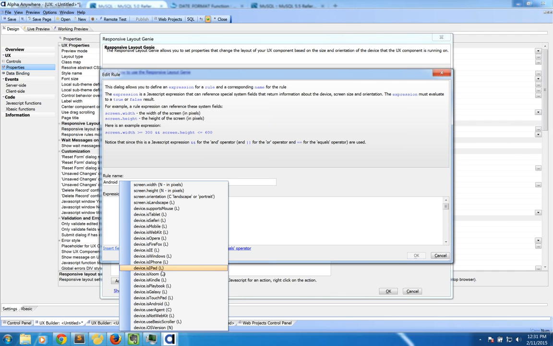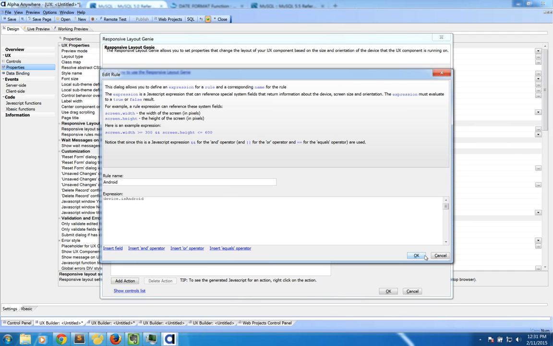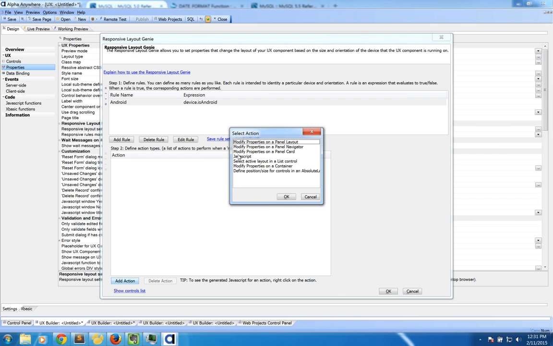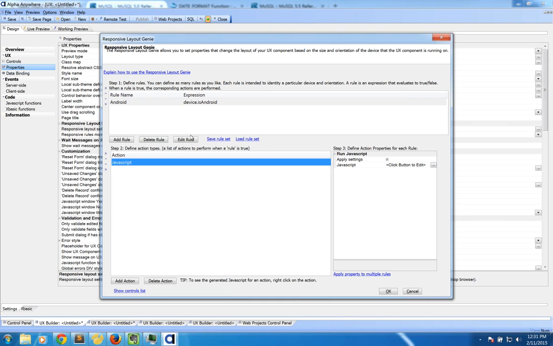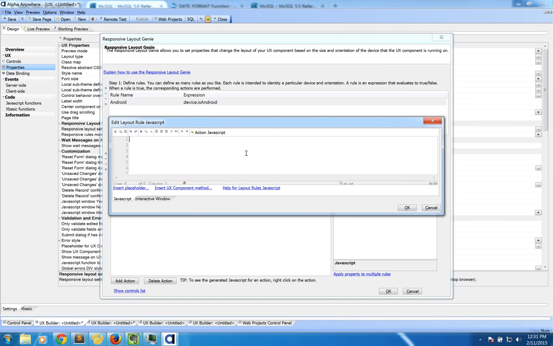So let me go ahead and go here and say the rule name is Android, and I'll insert the field of if device is Android. Okay, now I'm going to add an action, and what I want to do is select the active layout in a list, or I'm sorry, it's probably going to be JavaScript. What I'll do is run a piece of JavaScript. And in this JavaScript here, bear with me, you could use action JavaScript here, but I'm going to just code it for simplicity. I could open up action JavaScript that does this for me, but I can say